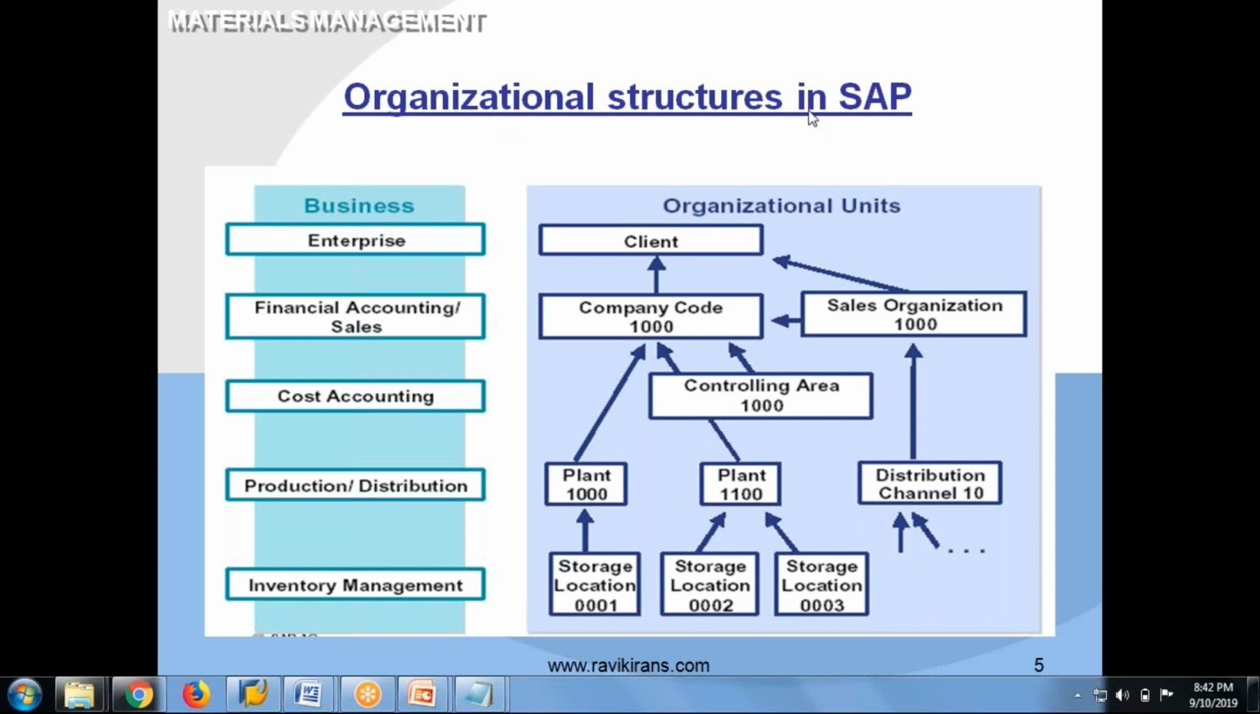Yeah, so okay. Org structures in SAP are a combination of both business and org units. So when I am trying to,